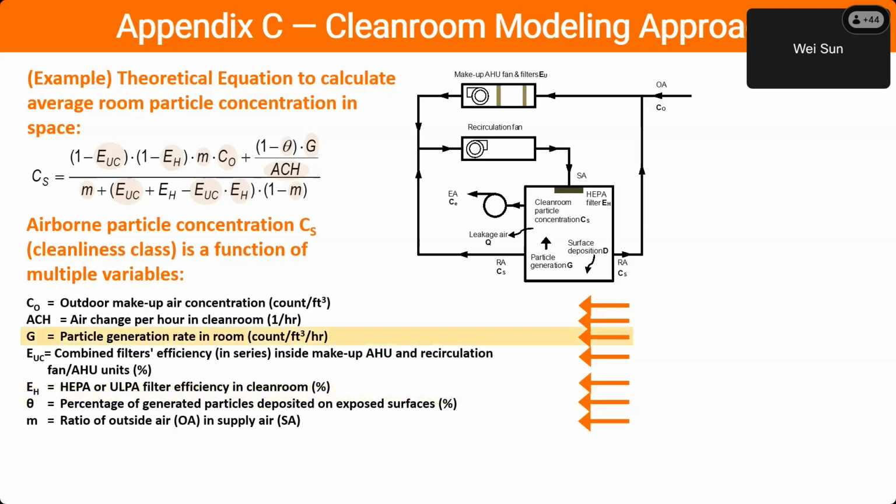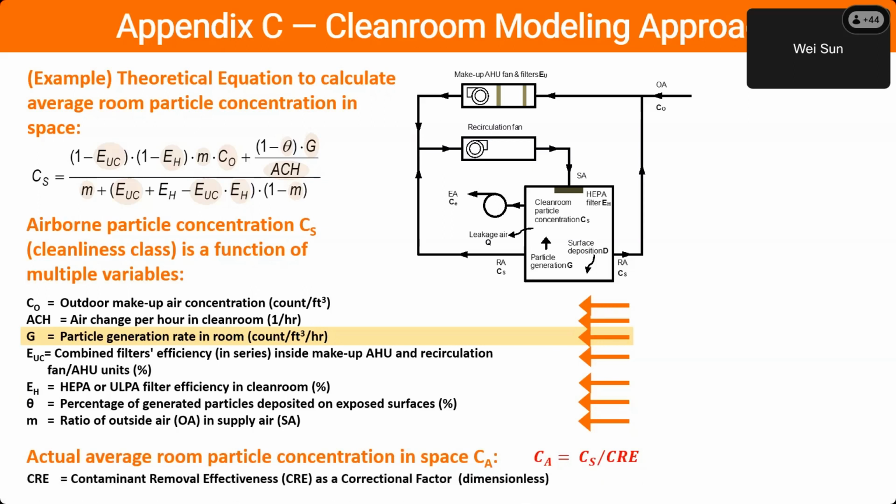So one of the key variables, of course, is air change rate, the other is the particle generation rate. These are the two key variables. The others we call the minor variables. They make some impact within certain levels, but air change rate and particle generation rate are the key variables. And also the new ISO standard included the CRE, contaminant removal effectiveness, as a correctional factor,